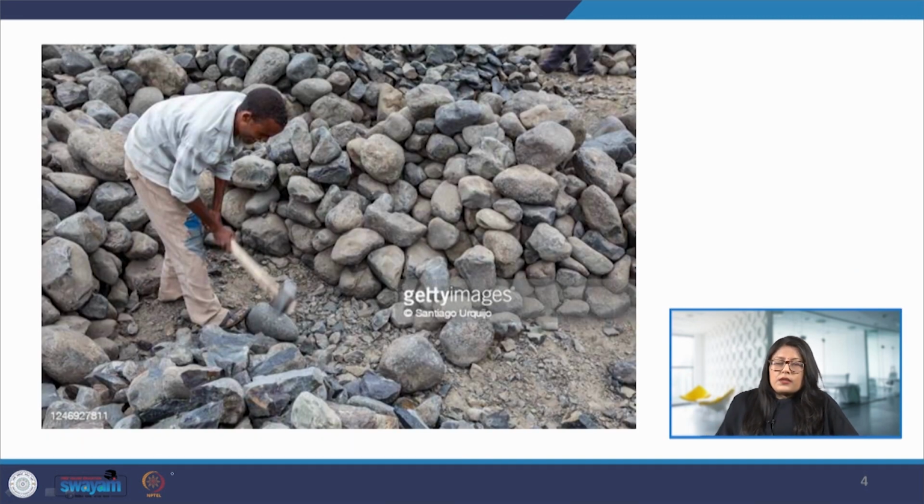Now let us try to understand what it means when we say that we need to improve the interaction of the product, in the physical realm of tangible products. Here we can see that this man has been given a task to break the stones into smaller pieces. When we say interaction, we will probably think of the axe that he is using, but there are several other factors, and we have to look at the holistic picture in order to determine how the interaction can be improved.